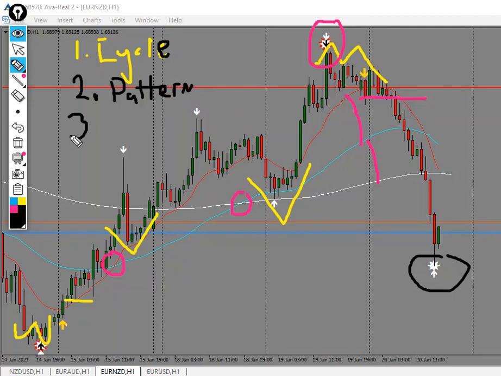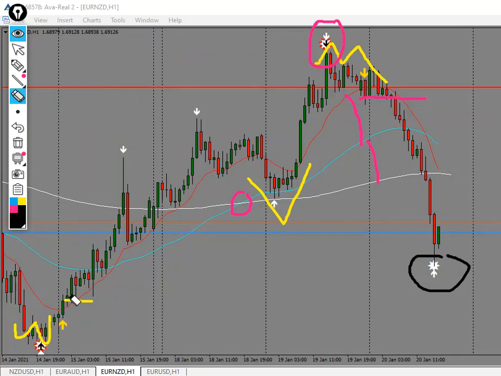And then number 3, you take into consideration the entry point given by the entry magnifier. So that's all with this system. That's how it works. That's how it makes trading less difficult using the BTMM strategy. But sometimes they don't always give you